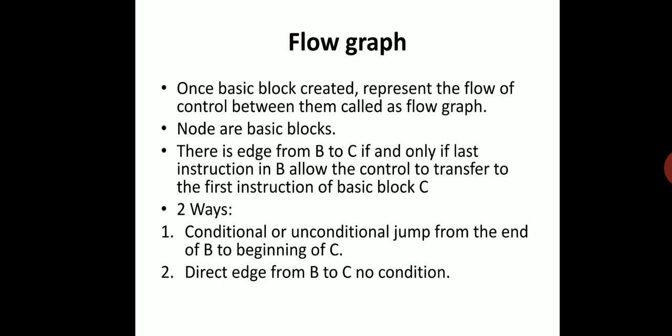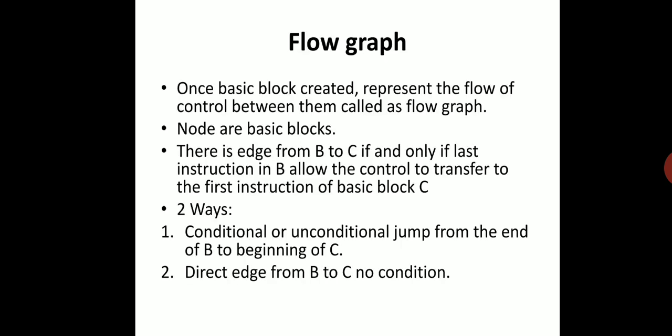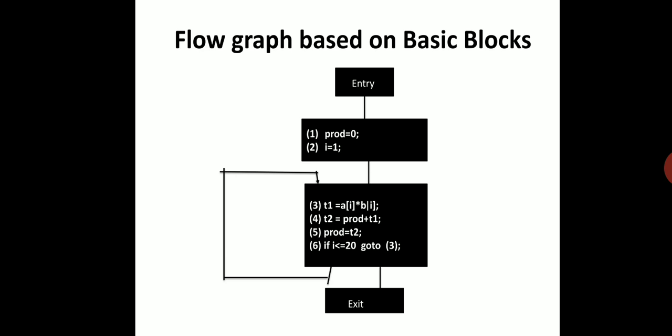That is what we have discussed just now: the last statement. Here you can also observe that the last statement in a basic block is always a jump instruction, if a jump instruction is there in the three address code. So here the last instruction of basic block 2 is a jump instruction. We cannot write that jump instruction in the middle, because from there our control is transferring to a different location. So how is control flow information added to basic blocks? By using the flow graph.